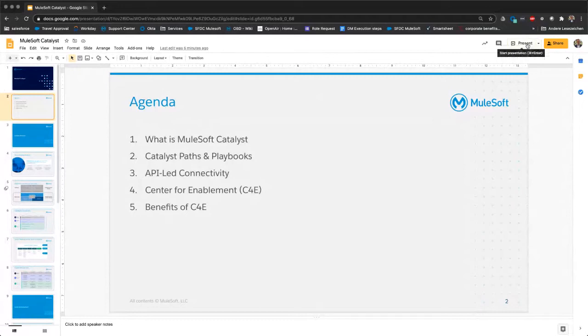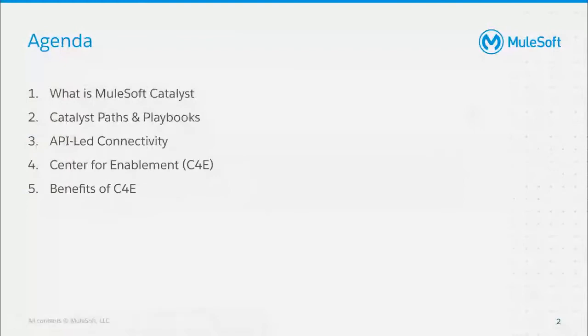So you are explaining what I think you are giving your introduction and then starting off with the Catalyst stuff. Okay, so I'm going to explain to you what MuleSoft Catalyst is, and then we talk about the different paths that you need to go through, and also the different playbooks. Going to give you a quick introduction of what API-led connectivity is and how you use it and why it matters to the Catalyst. And then we talk about Center for Enablement and what it is, what it does, and